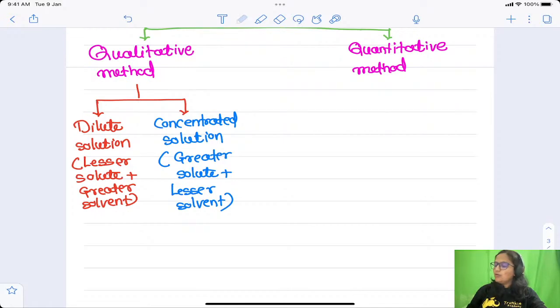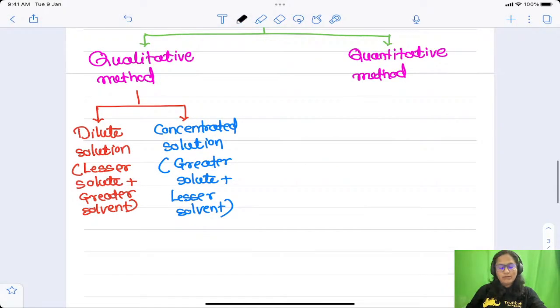Therefore we need the quantitative method, right? In the quantitative method we are going to express the actual number of the particles. Okay, so there are different types of these quantitative methods as well. One by one I will just list all of them, and then we are going to discuss them in detail. Okay, first of all, the simple one we are going to discuss, and that is nothing but